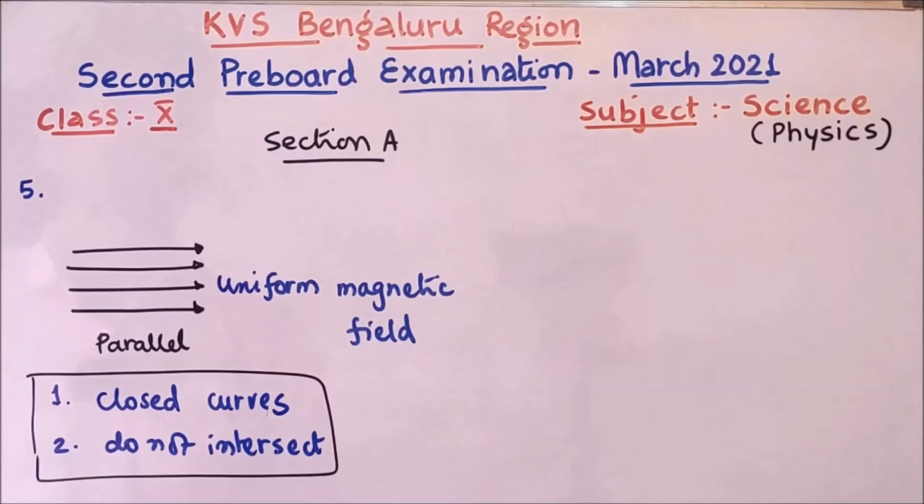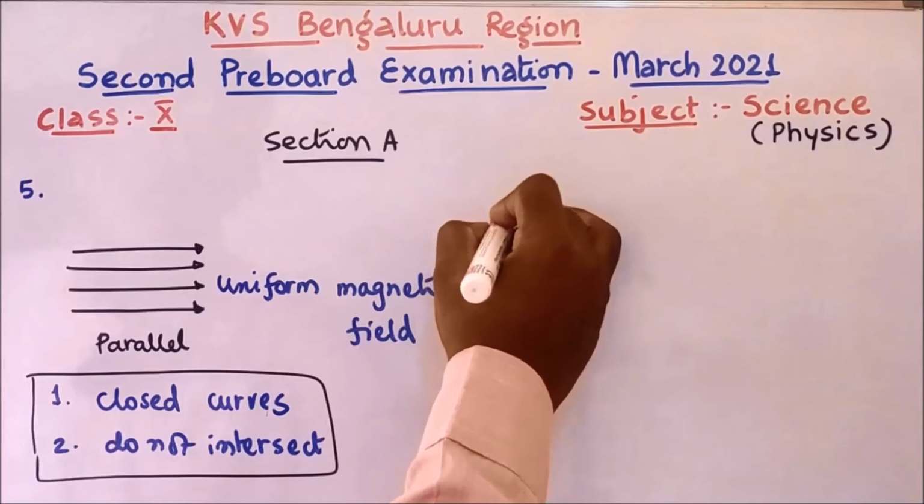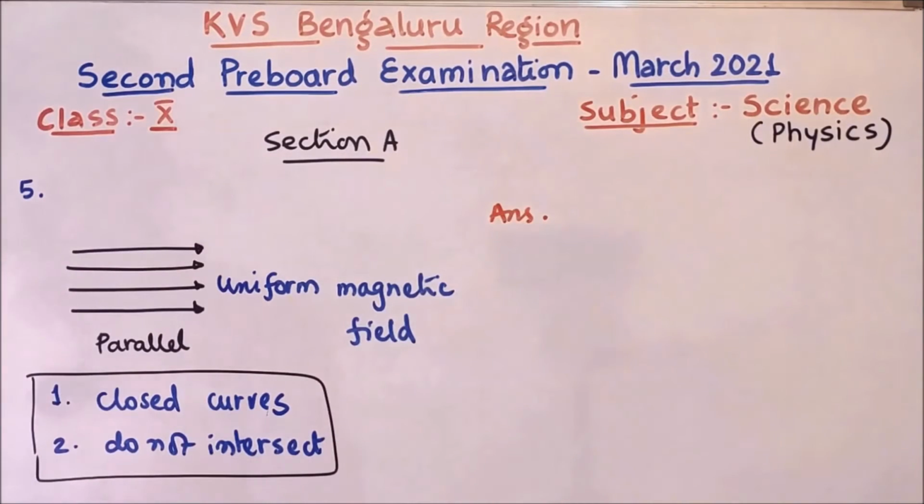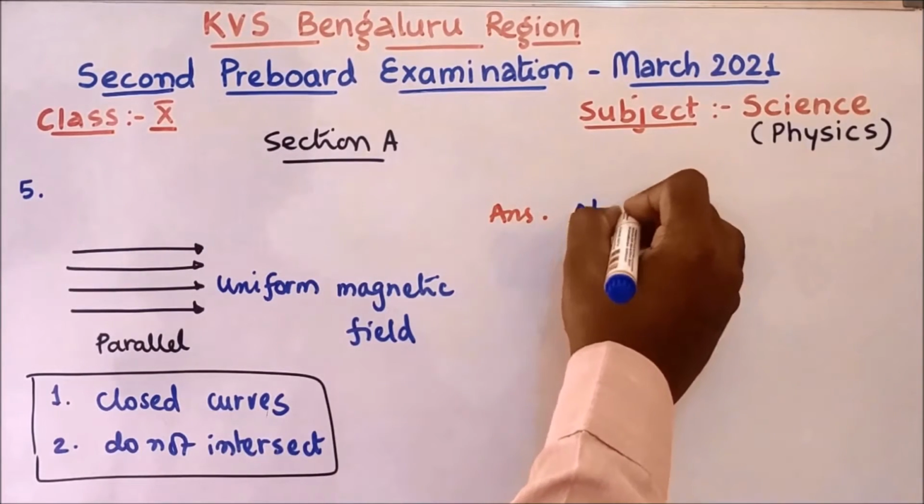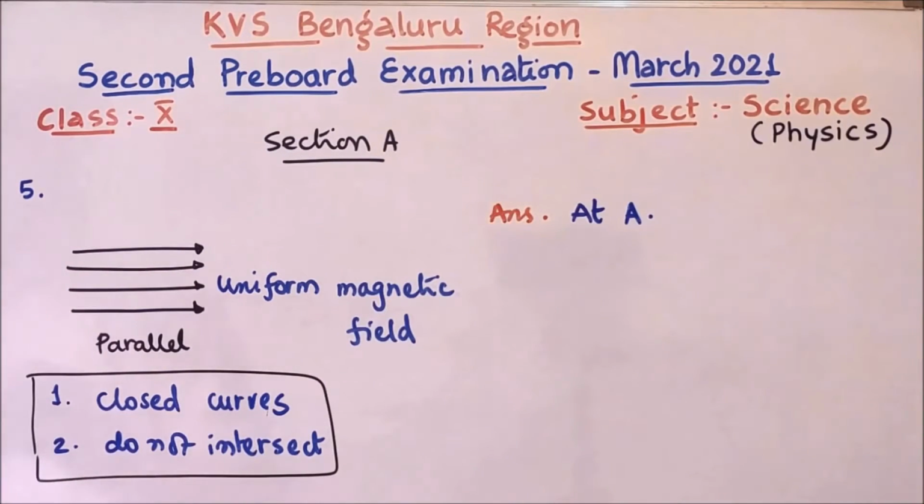So what will you write in the answer? The first part: where is the magnetic field uniform in the diagram? The magnetic field is uniform in the region A, so you can write at A. And why do you think so? You can mention these 2 points here, that